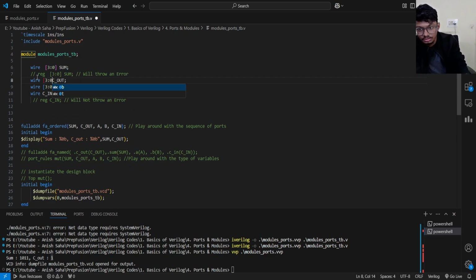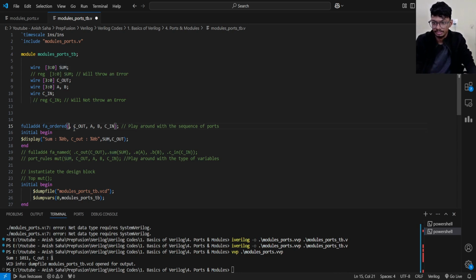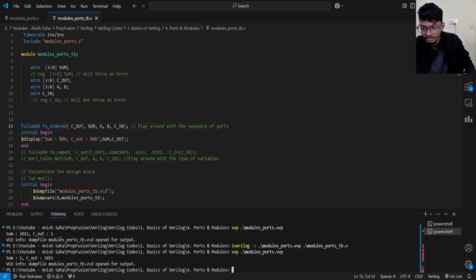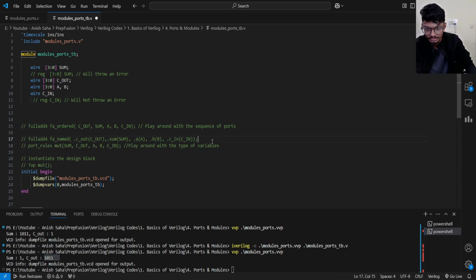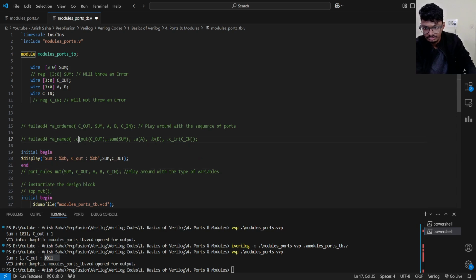Now, although I have explained this previously as well, let's say I messed up in the ordering. I have written this cout first, then this sum, then the output also will be weird, right? Output will be swapped. You see that sum is getting value 1 and cout is getting value 1011, but this is not desired, right? I don't want this. To rectify this,